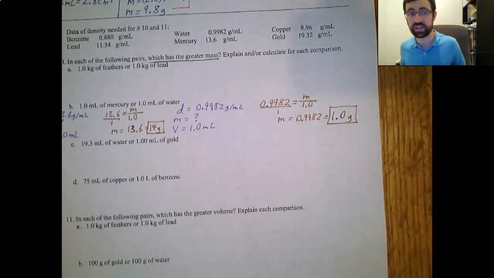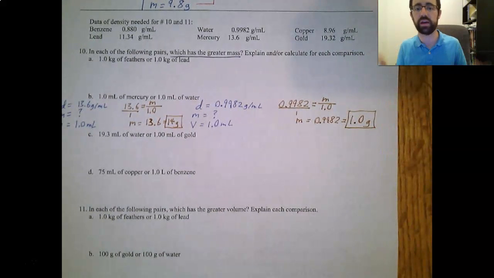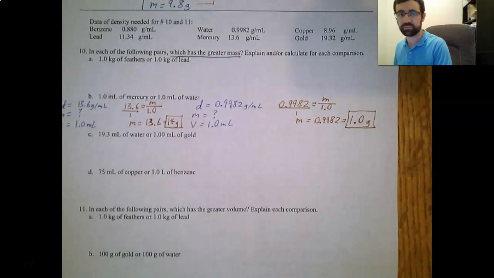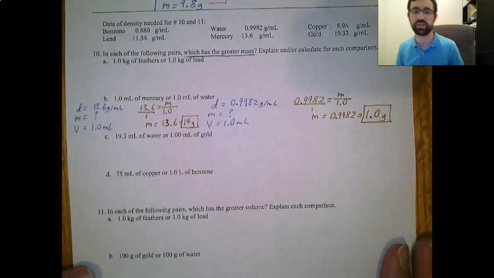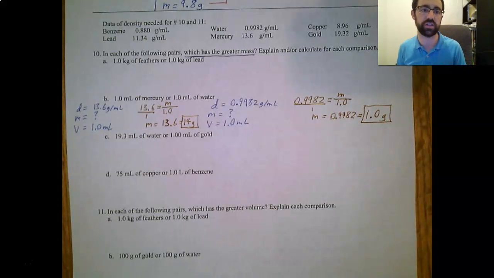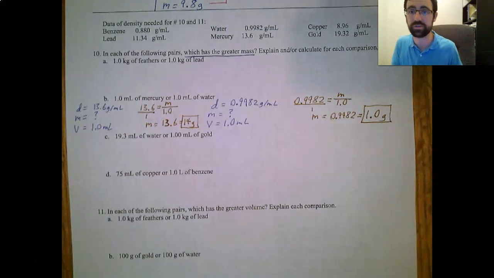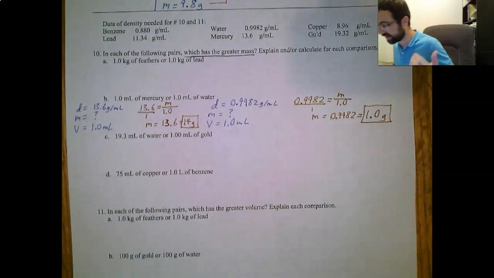All right, so our question stands: which of these has a greater mass? Now, I justified it with words earlier, and that's totally fine. That would have been a fine way to answer this question. In this case, I've chosen to show some math, but I still need to answer the question. What does it say I need to do? Tell you which one is a greater mass. And if you fail to answer a question, even if you do all the work, you're going to lose points. So we've still got to write down